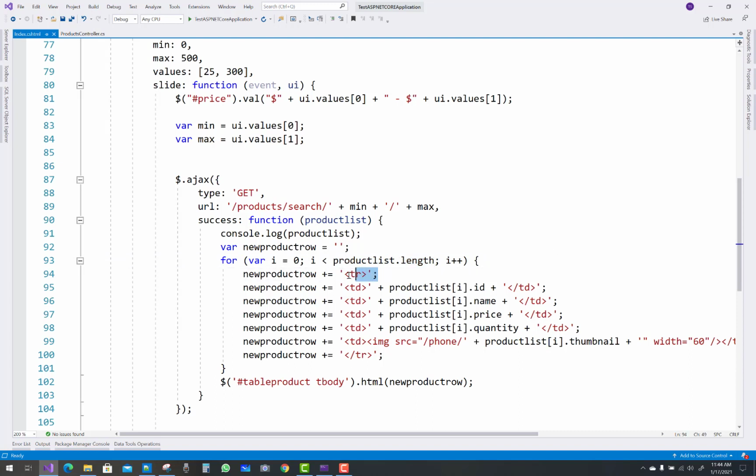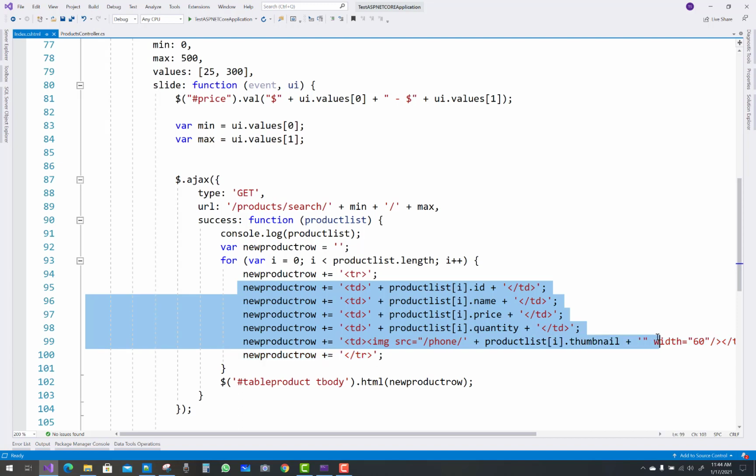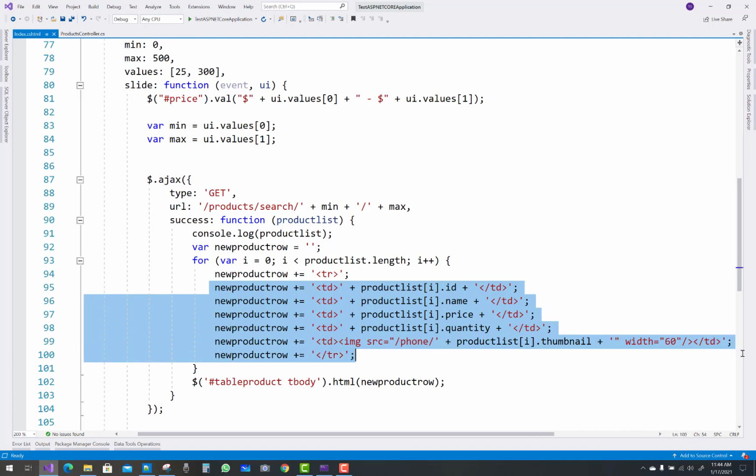Create a table row, and similarly create table cells, td, according to your product model, where the fields are ID, name, price, quantity, and thumbnail.